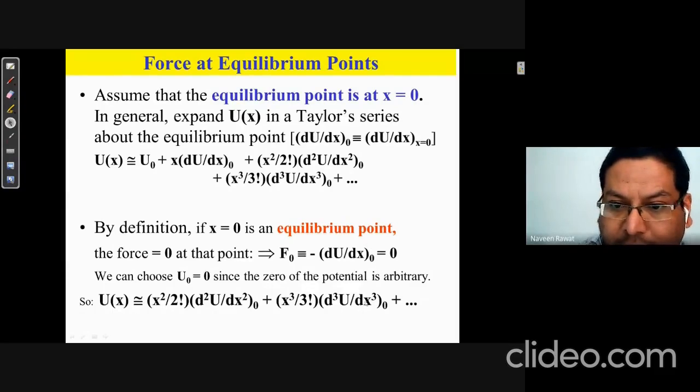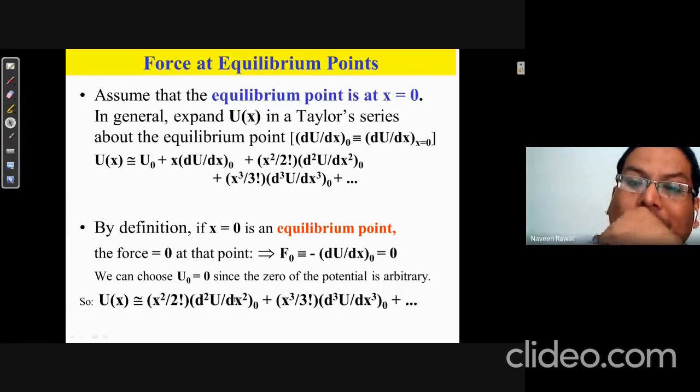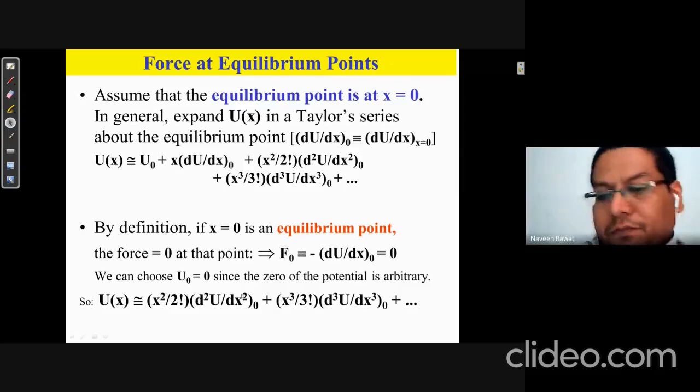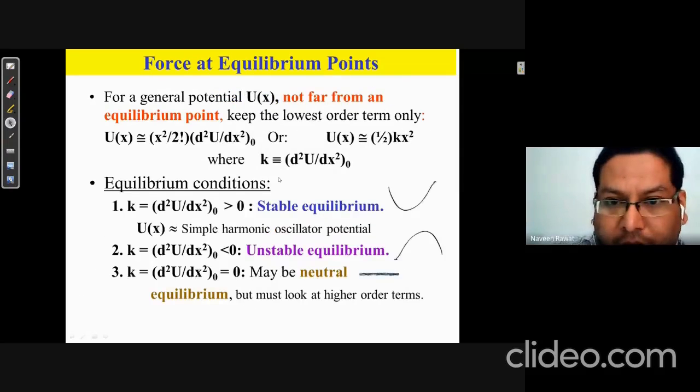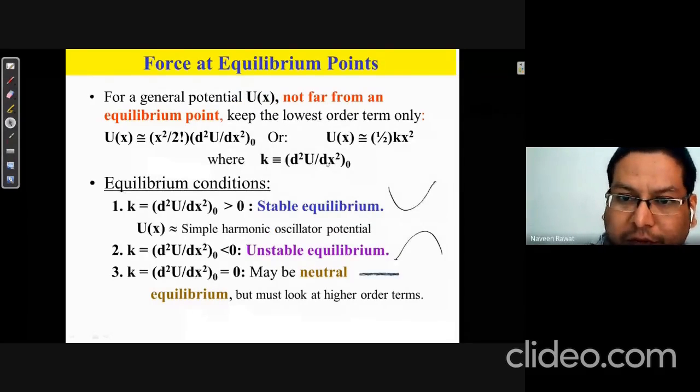Now if you eliminate the higher order terms and just take this first term, this is again similar to your expression for the harmonic oscillator, 1/2 kx square. So you have 1/2, you have x square, so k is this double derivative of your potential function. That is what we are saying, that this k constant is the double derivative of this function.